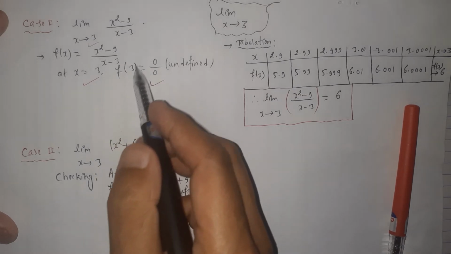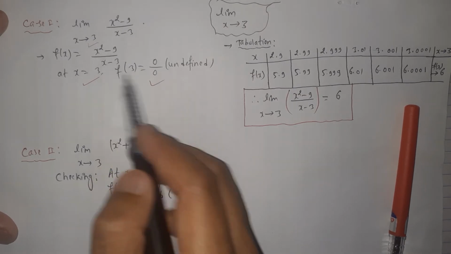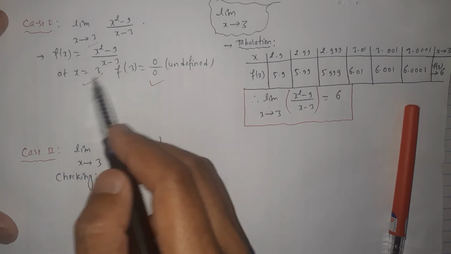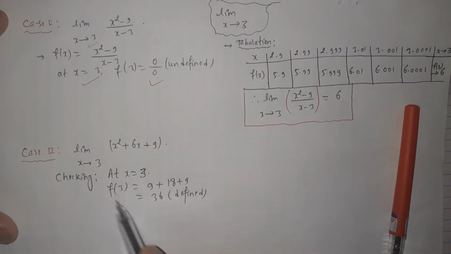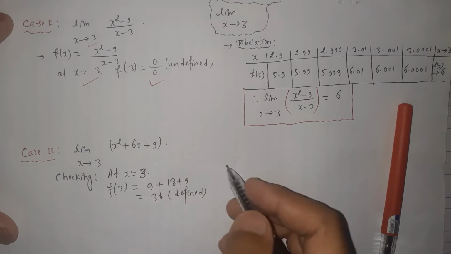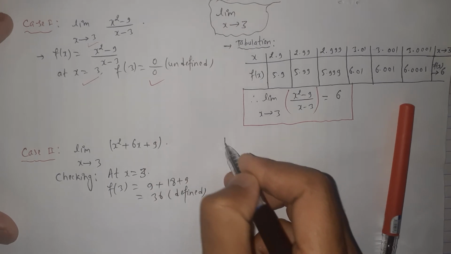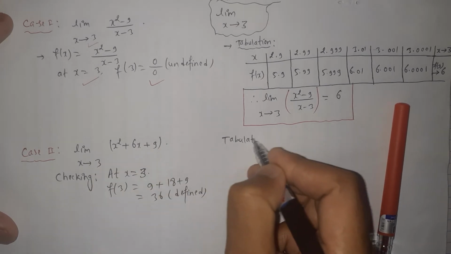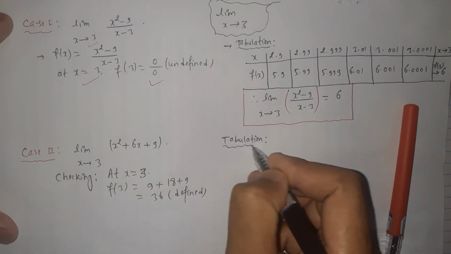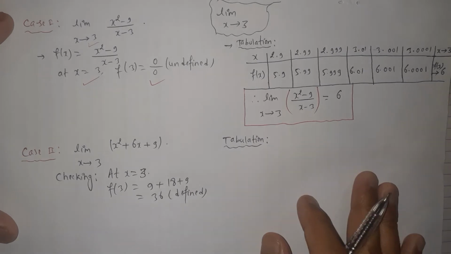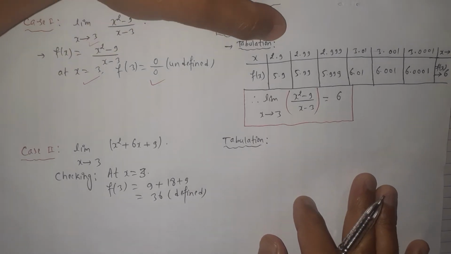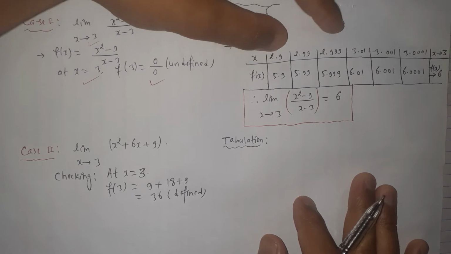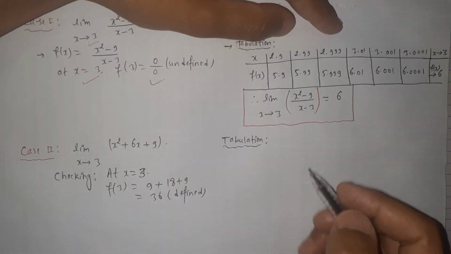Here in the first case the function is undefined at the point at which the limit is going to be calculated, but here in the second case the function is defined at that point. These are the two cases. Now calculating the limit for this function at the given point. Here I am going to use the same method for the calculation of the limit, and at last we will discuss the very direct methods for the limit calculations for these two cases.